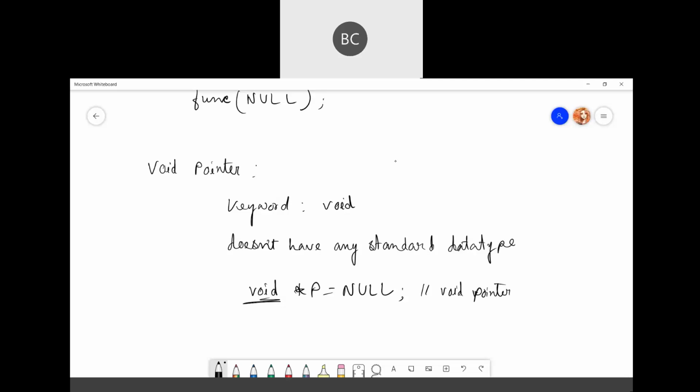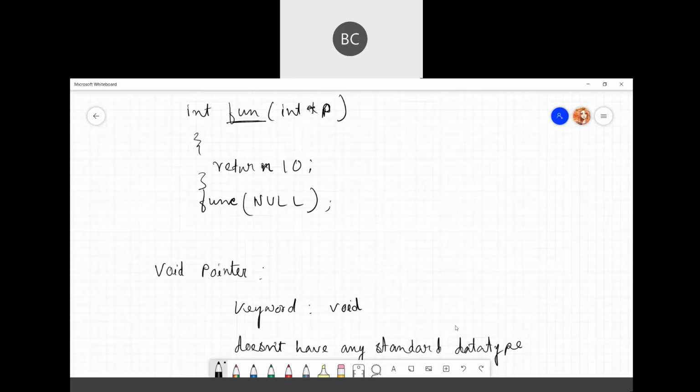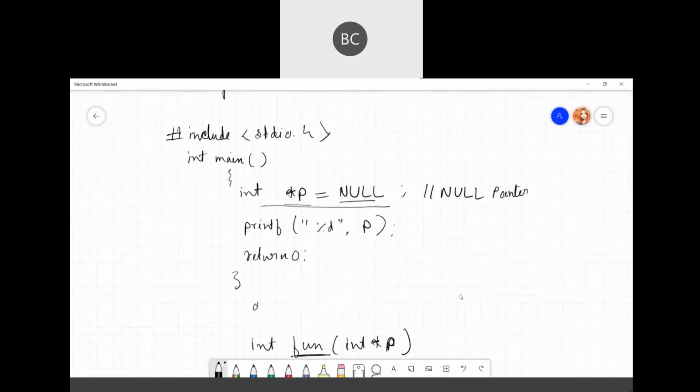The size of this pointer will depend on your compiler, so if you print the size of this pointer, it might be different depending on your compiler. You can write the same program, just like this. Here you use the keyword void if you want to declare a void pointer.